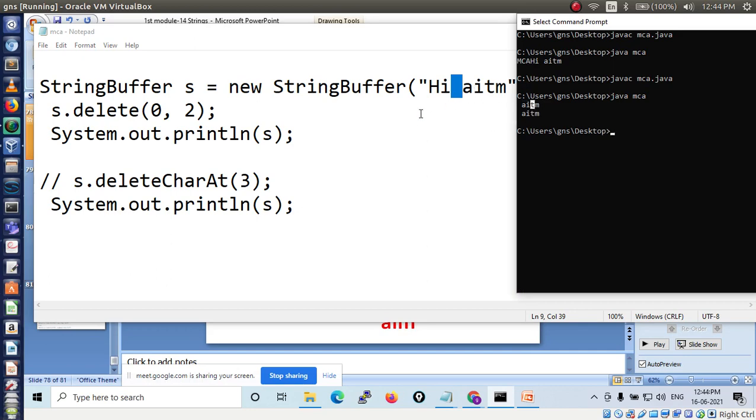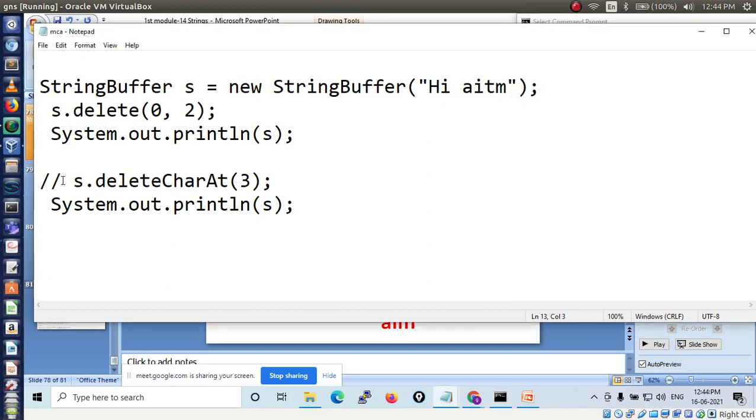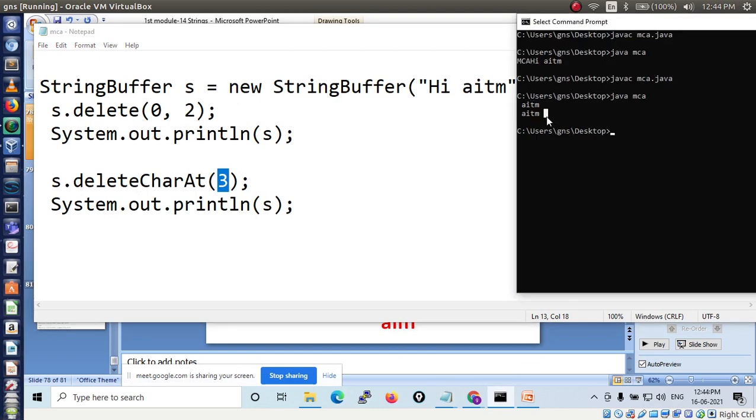Now in the same string you are going to delete the third position. What do we have in this third position here? Count 1, 2, 3. So in the third position, which value do you have? T, right?